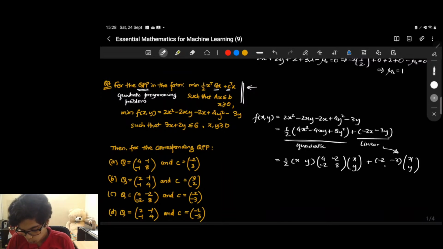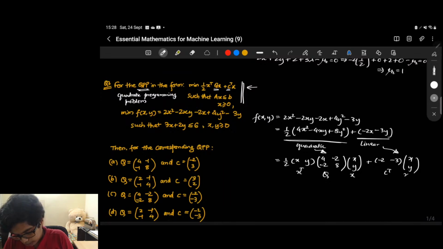So it is minus 2x minus 3y, and this quadratic form is coming over here. So we need to write x transpose x. So this is x transpose and this is x, and then this matrix Q in the middle,